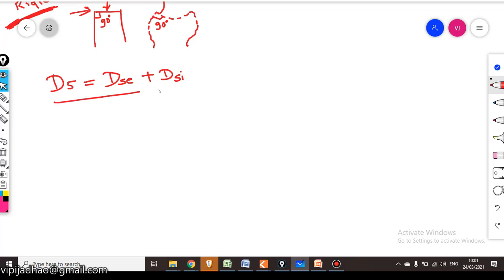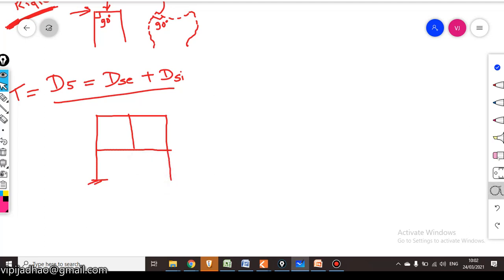So what are these external and internal degrees of static indeterminacy? We'll see. So this total degree of static indeterminacy is equal to the external static degree of indeterminacy plus the internal static degree of indeterminacy. Let us consider we are having some frame like this. Now in this particular frame, we can see here,